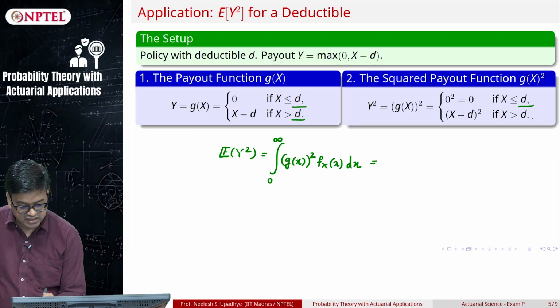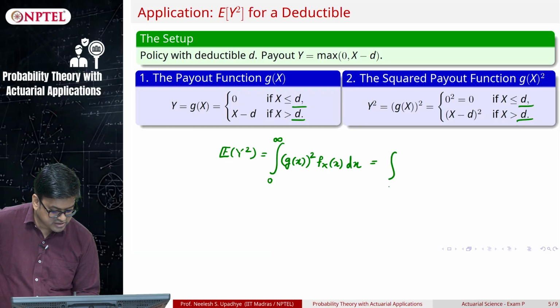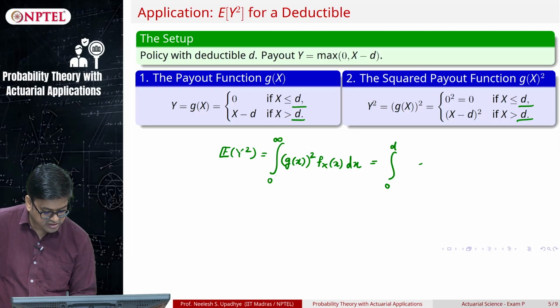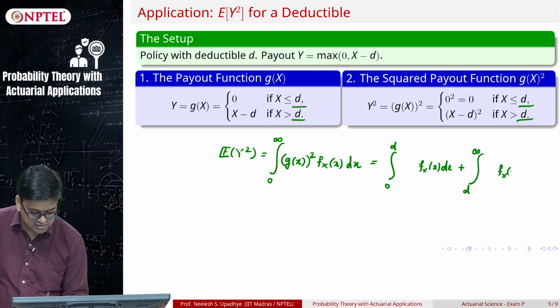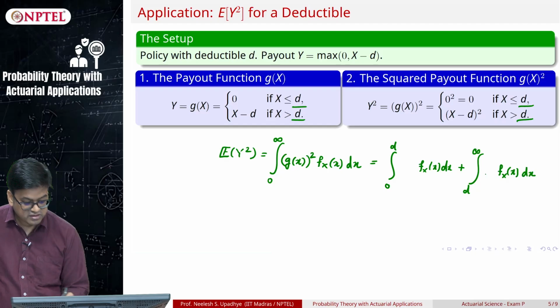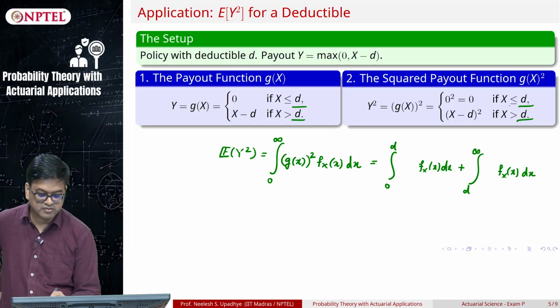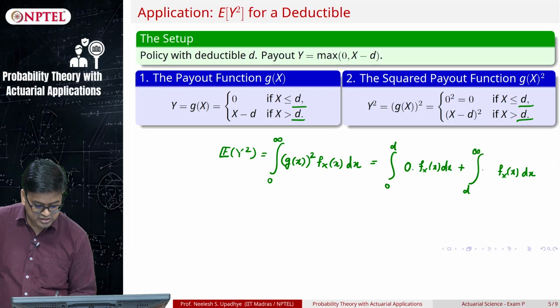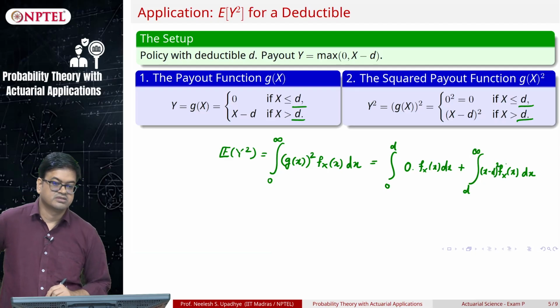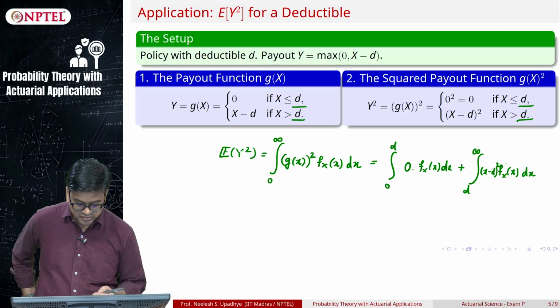So, it remains at level d. So, I can easily split this integral into 0 to d of g(x) squared f(x) dx plus integral from d to infinity of g(x) squared f(x) dx. What will be written here, because this value is going to be 0 here. So, it will be 0 times this and this will be (x minus d) squared times this, correct, and therefore,